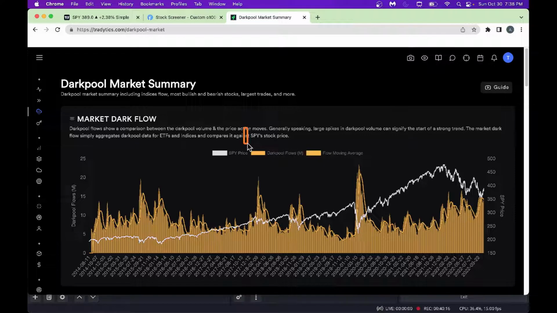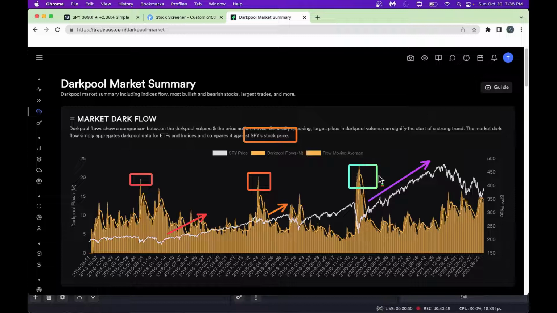This one is SPY. The way you have to make sense out of this is, whenever you see nice and high dark pool here, we got one more here. Look, this is probably the COVID days. Whenever you see very high dark blue activity, next what will happen is the stock will pick up and go higher. Nice dark pool, it went higher. Great dark pool here, the stock market really went higher. You get a good idea when you see a lot of dark pool anomalies.